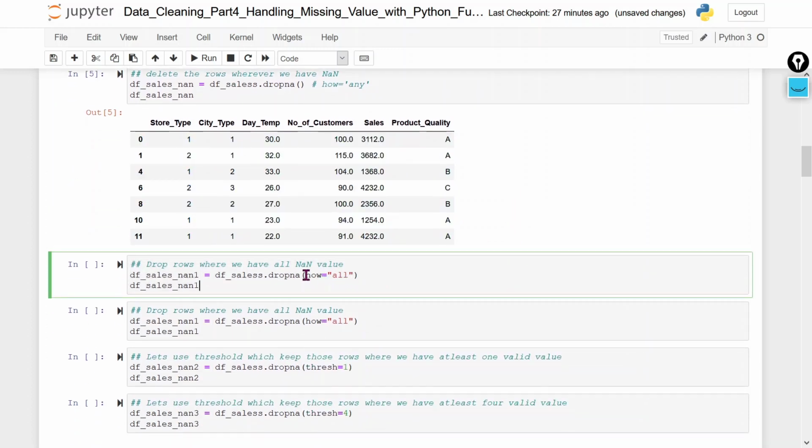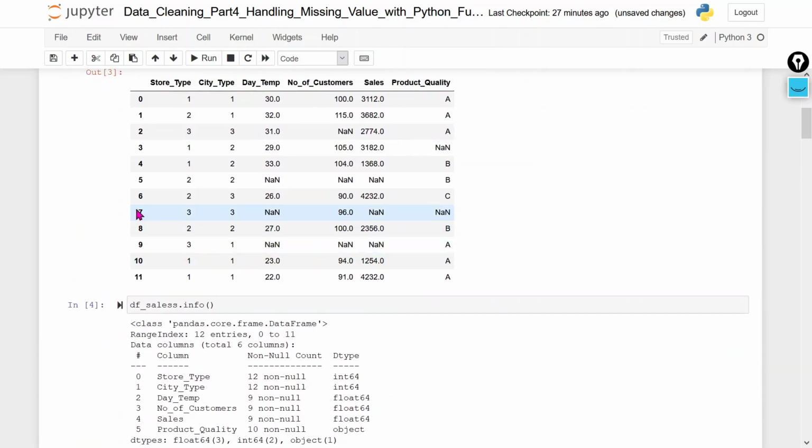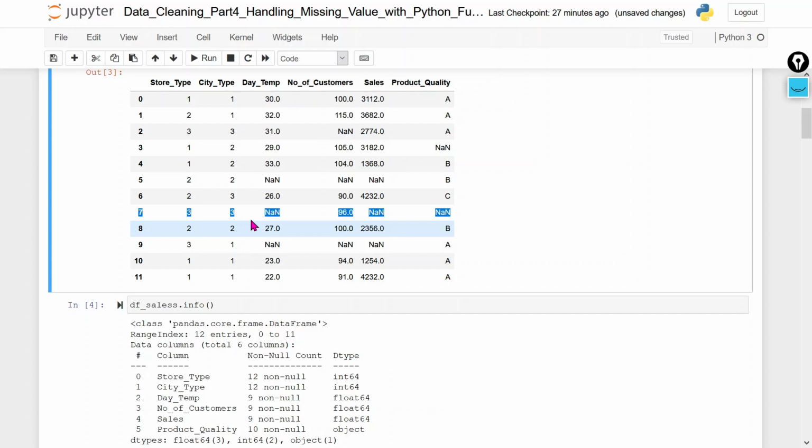Now I am going to use how is equal to all. It means drop rows where we have all NA values. It will check each row, and if any row has all NaN values, across all the columns, then that row will be deleted.